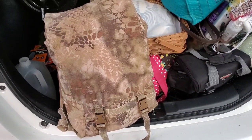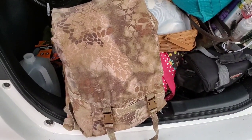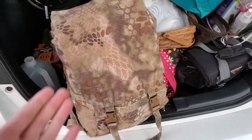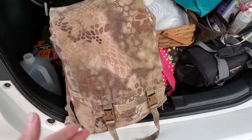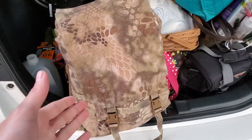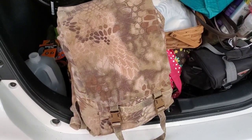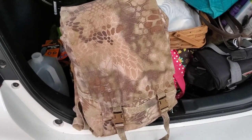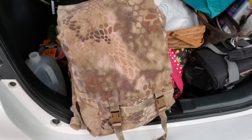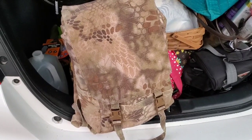Now, I was able to bring this fight bag. Ideally, you'd put it in a less conspicuous bag. This bag doesn't look very tactical in its construction. It's a hidden woodsman bag, a day ruck that I like very much. It's a bushcraft style bag, but the Cryptek Highlander camo pattern does look slightly military to someone who doesn't know any better. Not the best idea, but if you had it in a smarter bag, maybe a gym duffel or something like that, you could bring this to the beach or anywhere else with you,